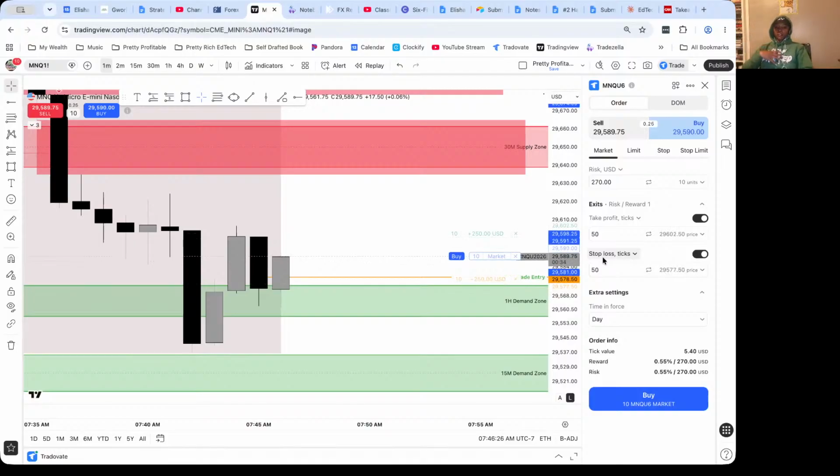So this is my first experience of when they say don't revenge trade. Like, okay, I'm gonna just get in the trade, try to get my money back. So it's like, if I see a clear setup,